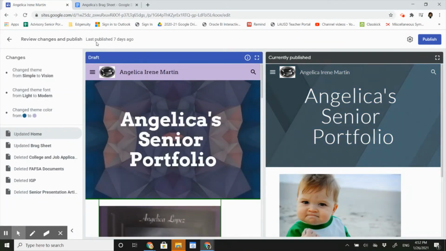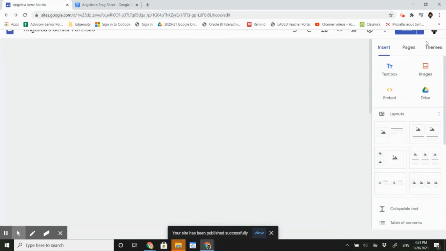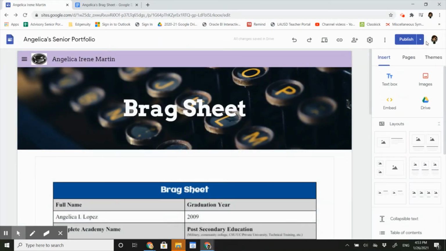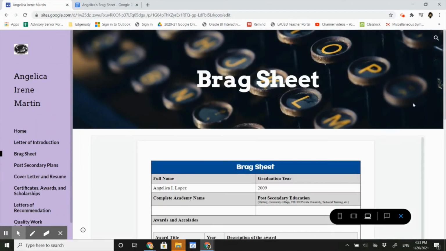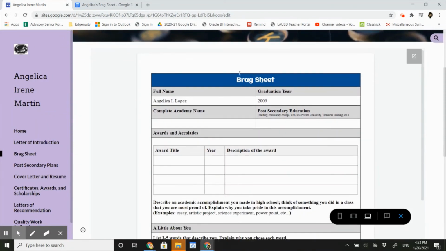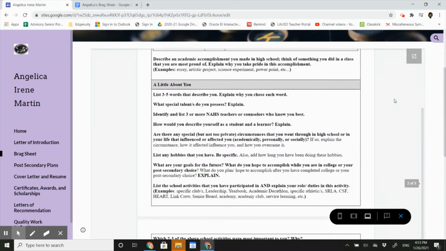When I click publish, Google makes sure to share with us all the changes that we've made over the past couple visits to our site, including the changes that we made to personalize our site, as well as the updates and pages we've deleted. If you need to, you can review these changes. And once you're done, go ahead and click publish. And that takes care of the brag sheet. If you're curious about how it looks, you can always click on preview mode to see what the page looks like on the web. Again, notice how this is now a window where you can scroll down to see the